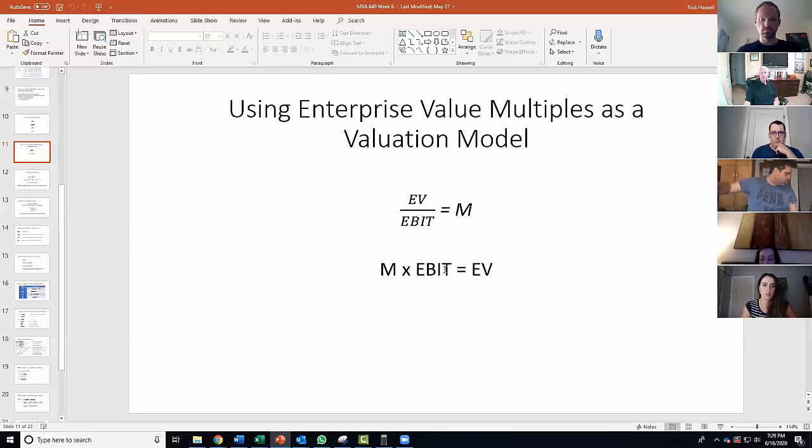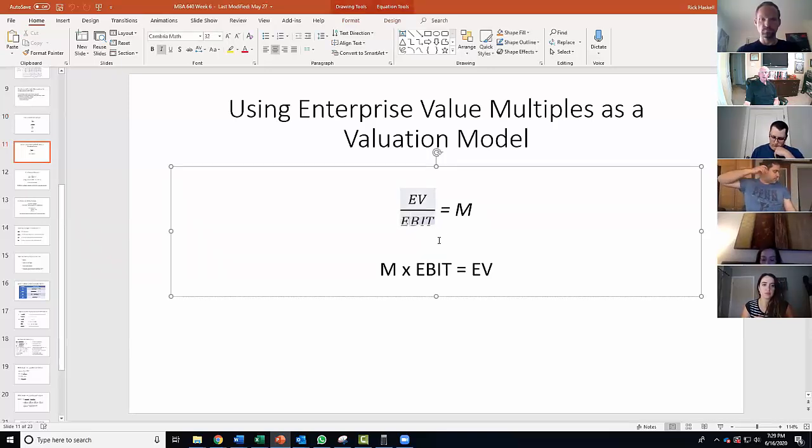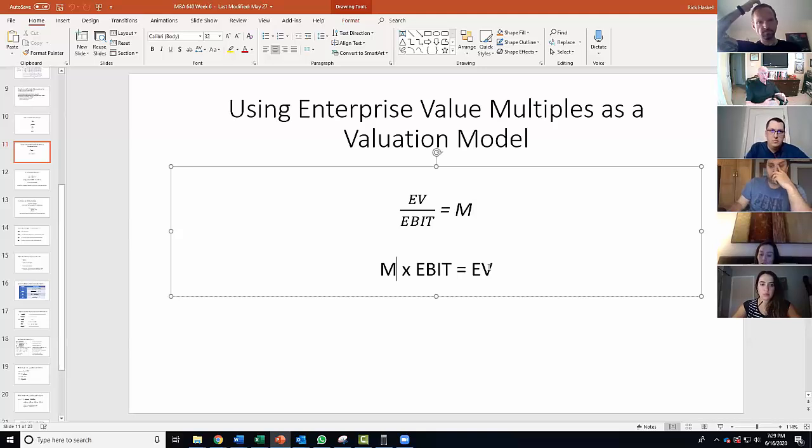If this is enterprise value at time 0 divided by EBIT at time 0 gives us a multiple, a ratio, then we can take that ratio times EBIT from time 1. And it should give us our estimated value or our estimated enterprise value. And if we're doing it for right now, so we're not using any future cash flows, we're just doing it right now. The company's EBIT for next year is expected to be 100. We know it should have a multiple of 10. Then that means the company's value based upon the next year's cash flow should be 1,000, right? We apply it right now.